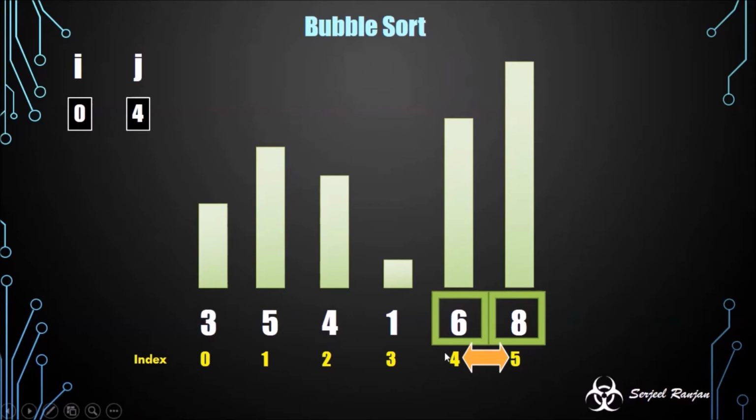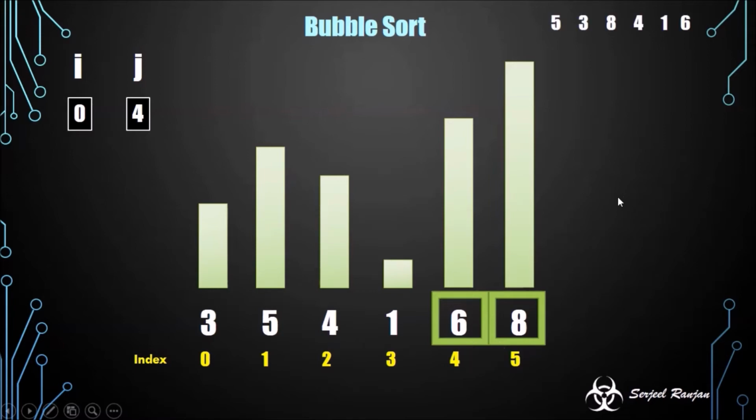Our window has started from the 0th index and has reached the fourth last index. Of course it cannot go on the 5th index because there is no second element after the 5th to compare, so it will go till the 4th element only. So one traversal is over throughout the array, and is our array sorted? Of course not, it is not sorted, but something important has happened and that you should know.